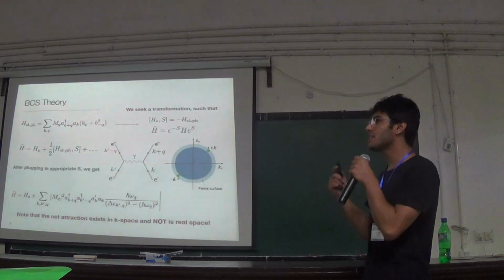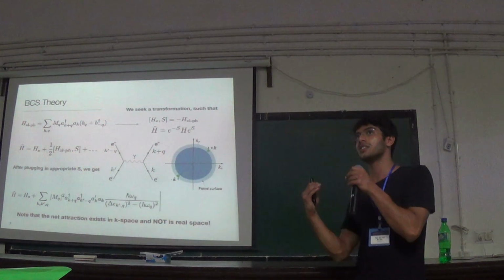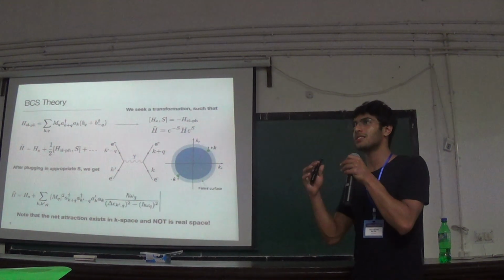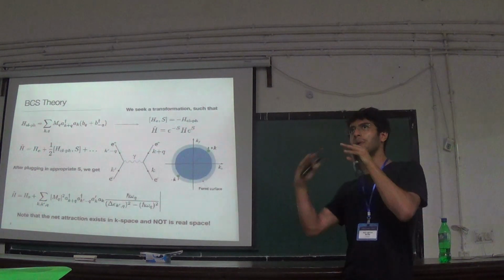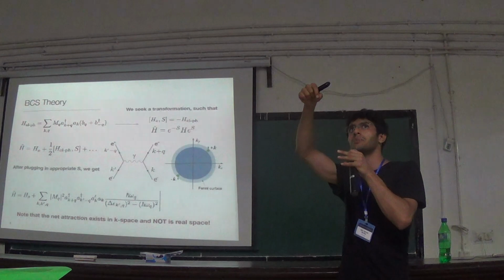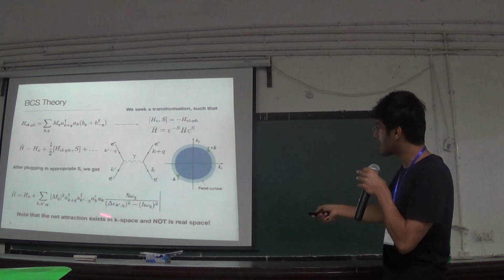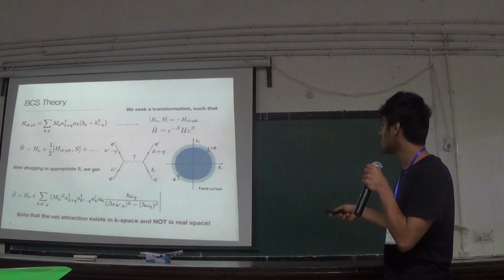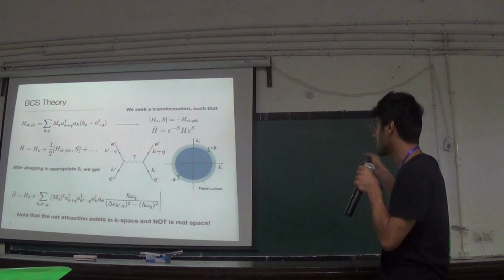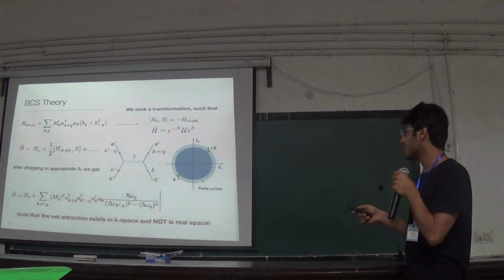Now, this negative energy correction: if you do a slight perturbation to a system and it gives you a negative energy correction, that means that something's wrong. Like this is unstable, right? You have like a top hill potential, and then you do a slight perturbation, it drops off, right? Something's wrong. So this gives you the instability in the Fermi surface. You can extend this and then further you see that there's some instability. This is known as the Cooper instability.